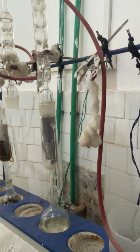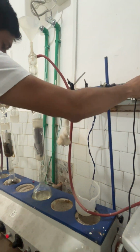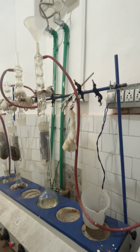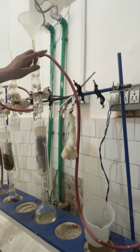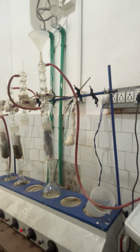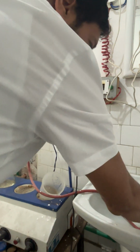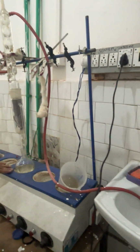Okay, so what we'll do, we'll actually put on the water here. Okay, so the water will come through this, go up and go from there. So we'll use very little. We'll not rush water out, so that we don't waste water. So we'll keep very little water flow. It will come through that, and the heat will